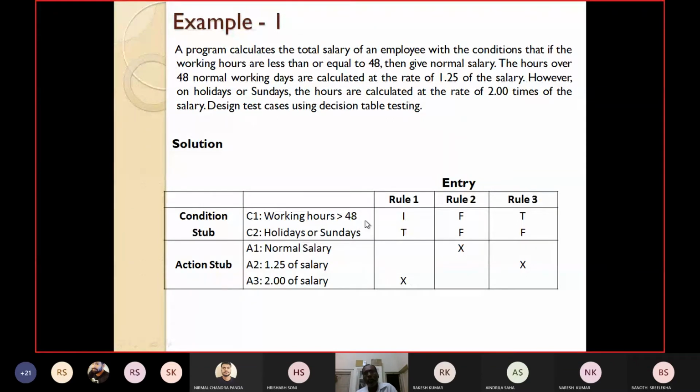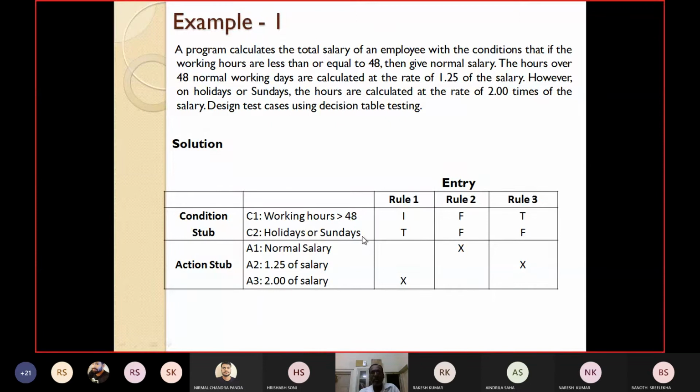But explicitly you take one value for working hour less than 48, another value greater than 48, and then take Sunday or holiday. So this first condition can be divided into 2 sub-conditions. One, working hour greater than 48, along with holiday or Sunday. Two, working hour less than 48, along with holiday or Sunday.